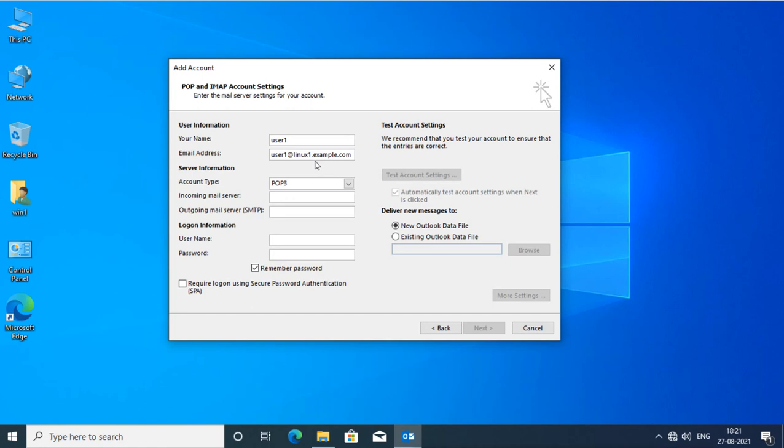Now you can choose IMAP or POP3, whatever you want. I will choose IMAP. Now it asks what the incoming server will be. So the incoming server IP address is this. That is the same server which is the sending server, the outgoing server. That means the IMAP server is also the same and the SMTP server is also the same. So I will give the same IP address here. Now the username will be the email address, and the password for that user account. And I will say remember the password also.